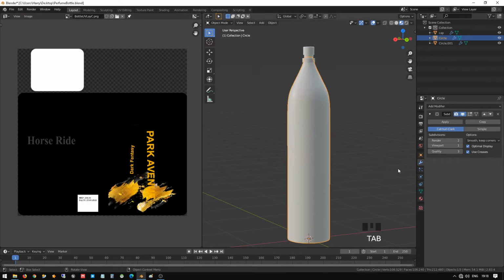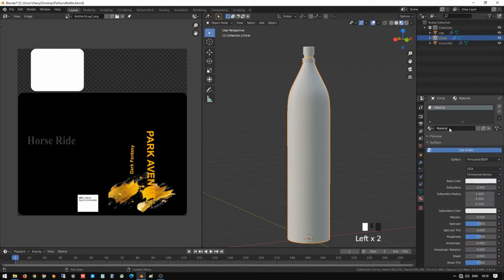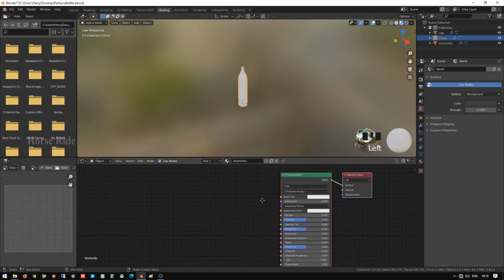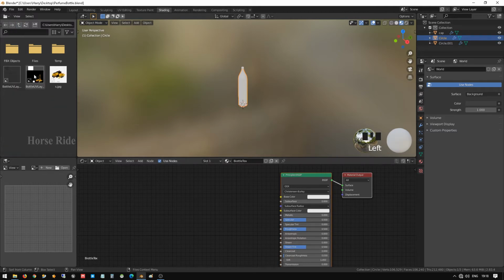material. So go to the material section, create new, and name it bottle texture, so I make it as TX, and go to the shading option and start creating and attaching the textures. Here you can go to the desktop. I kept it on the desktop. I created a move and this, oh yeah, it's created.